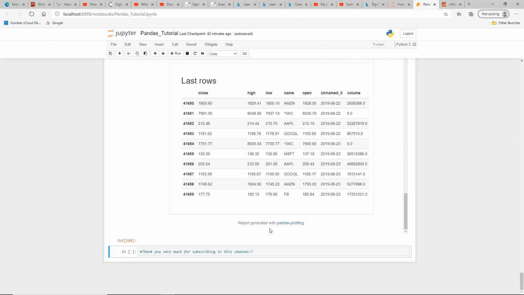So this was a quick overview of Pandas, a very, very powerful library for Python that allows you to cleanse, prepare your data, and then do data analysis